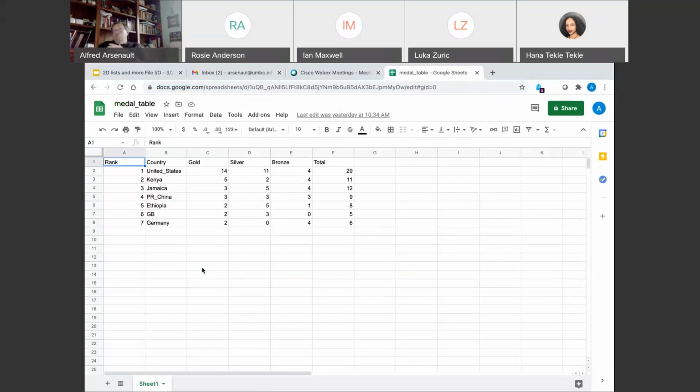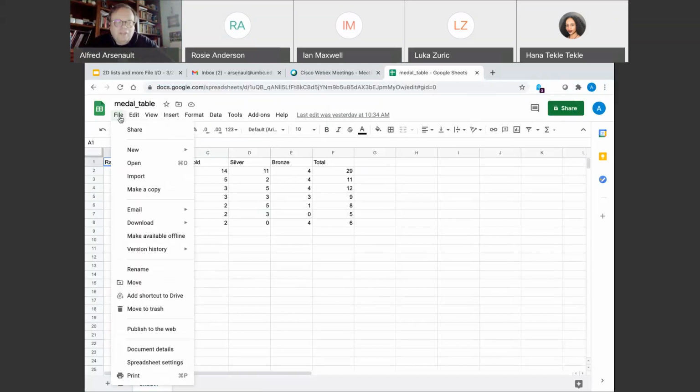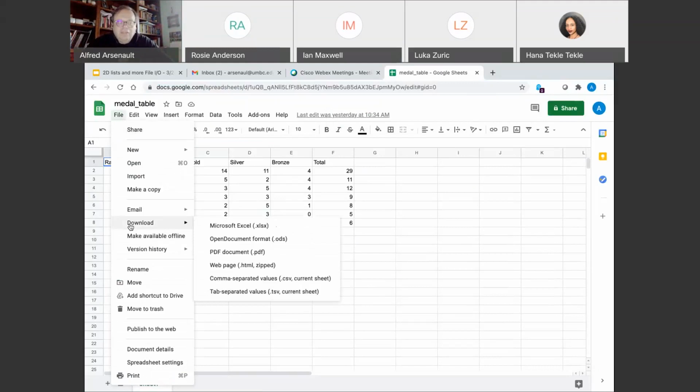Now, all of those, Google Sheets, Excel, Numbers, have one thing in common. When you save data from them, you can save it as what's called a comma-separated value, or CSV file. In Google Sheets, you pick File, you go to Download, and you select comma-separated values, or .csv. If you wanted to produce something from this Google Sheet that looked exactly like the text file I just created, you would select tab-separated values. It puts tabs in between them rather than commas, but we've already covered that, so we're going to talk about